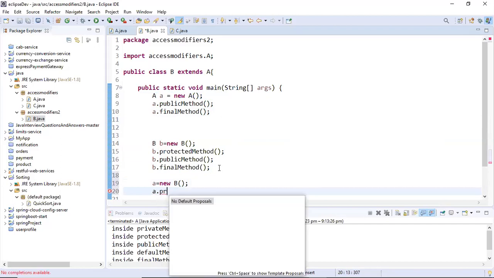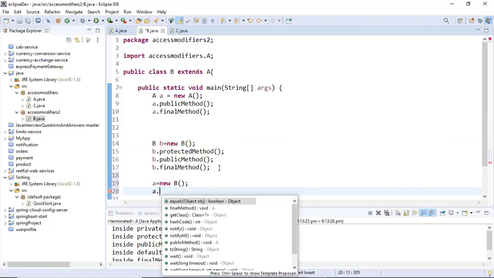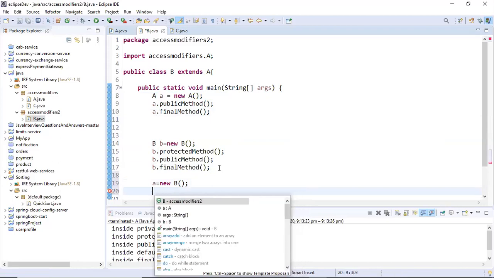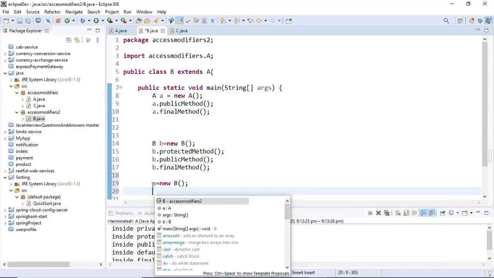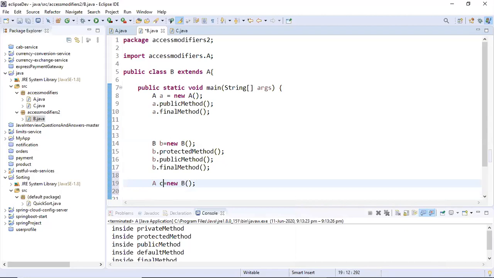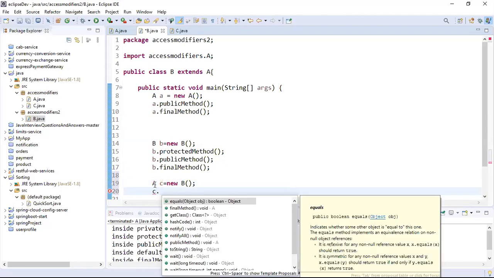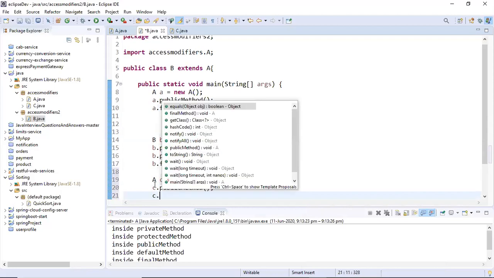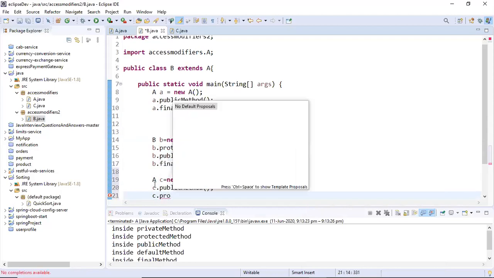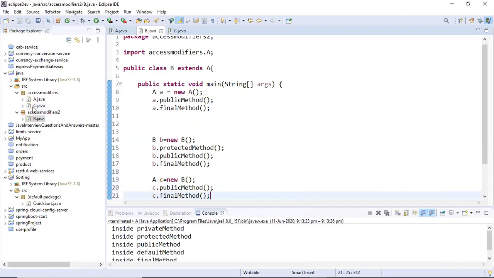See, even now it is not available. Protected method, public method, final method available. Even if I change this variable to C, it doesn't matter. If there is any confusion, sometimes confusion happens, so I want to make everything clear. So protected is not available. Final available. Okay, so keep these things in mind.